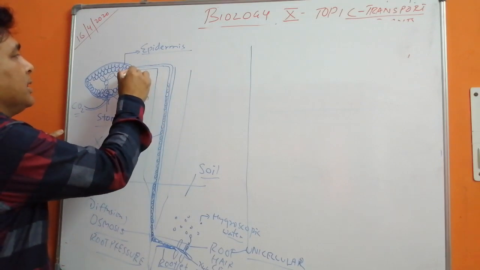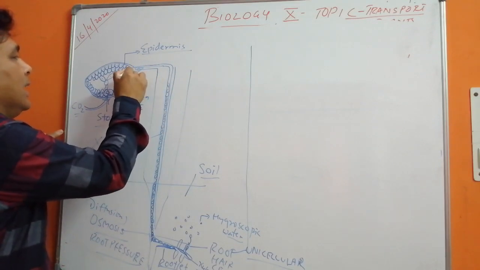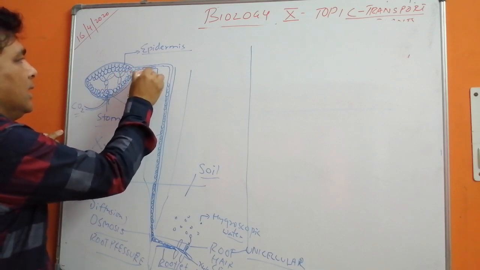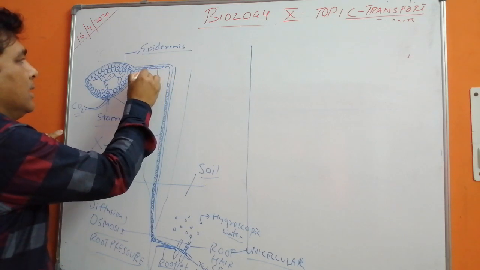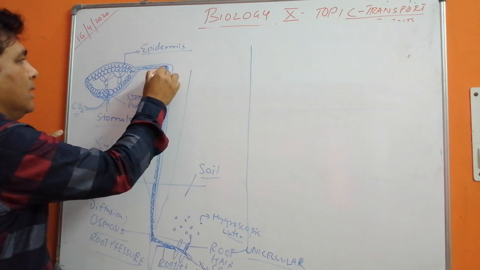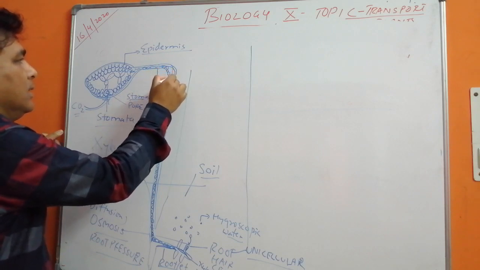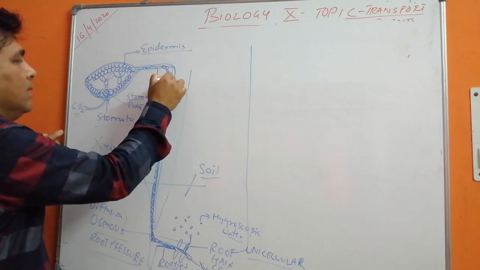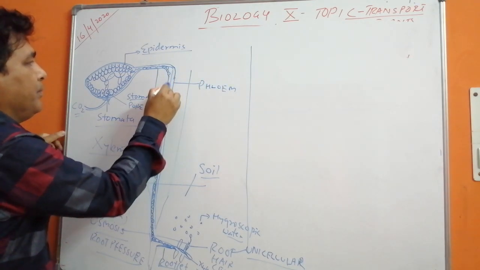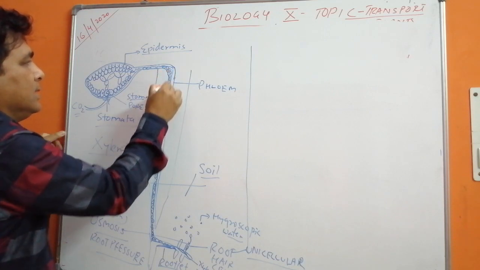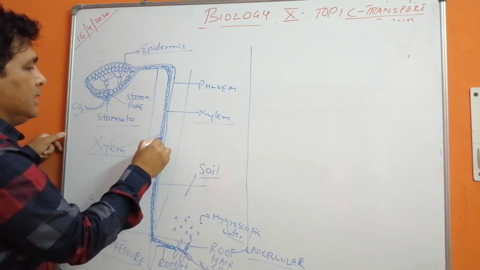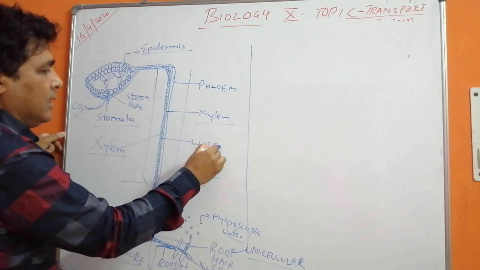These are all our water molecules and they are going to go towards it. This is phloem. This is xylem. Now these are water